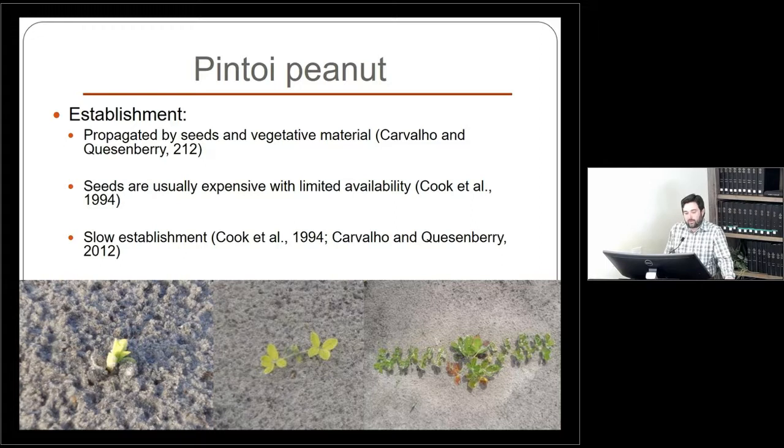Regarding its establishment, as I said, one of the main advantages of this plant is that it can be propagated by seeds. Especially when we compare it with the Rhizoma peanut, which is a perennial peanut species really well known here in Florida, the Rhizoma peanut cannot be established by seeds. It does not produce enough seeds to make it worth harvesting them. So it is established by rhizomes, but Pintoi can be established by seeds, which represents an advantage for this